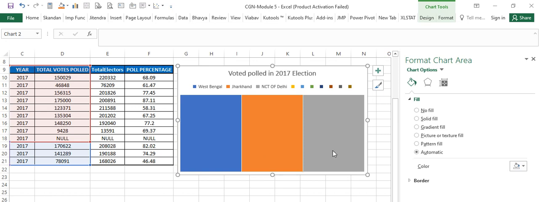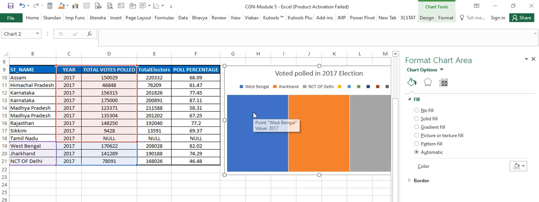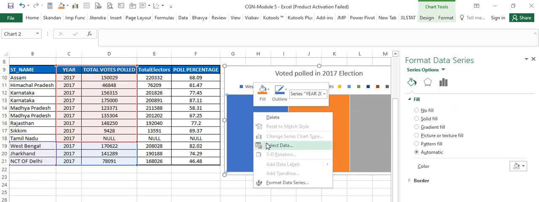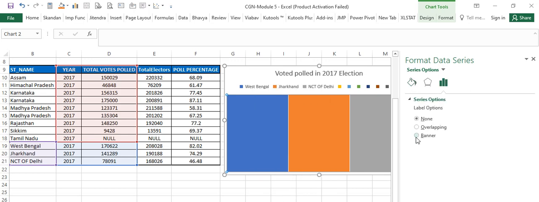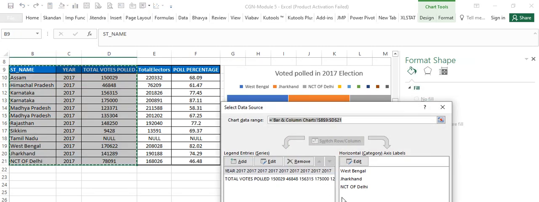It's almost equal. I'm not able to see the numbers there. So I can double-click, select the data, and this is how you could select the data. And then I want to look at the labels there. Format the data series. I'll say overlapping banner and things like that. So it gives me that banner in the overlapping. Essentially, it is not giving me the option. I would like to display the value there, but it's not giving me that option.